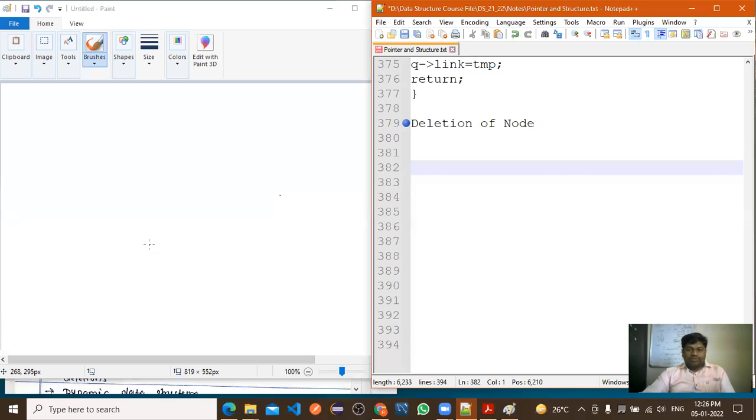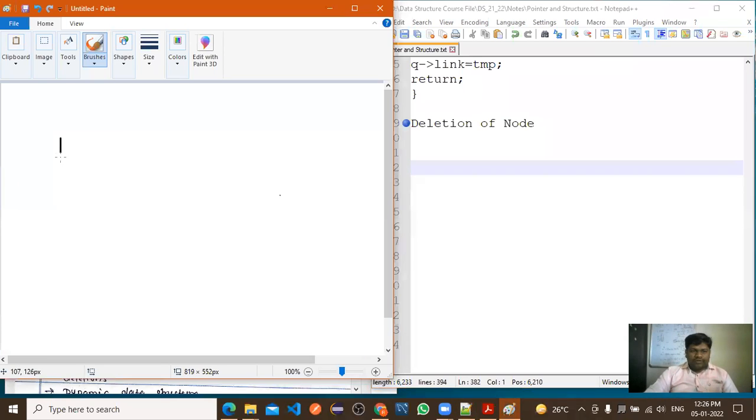Okay, now suppose you have a list of elements. So in that, first element, so how are you adding the element?